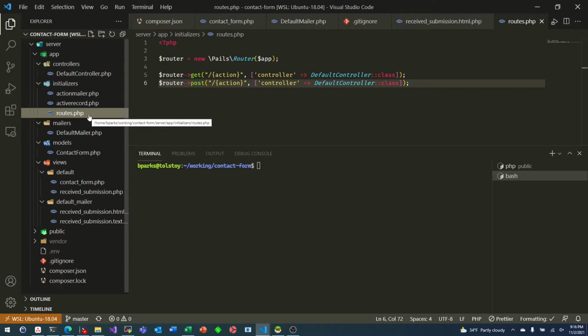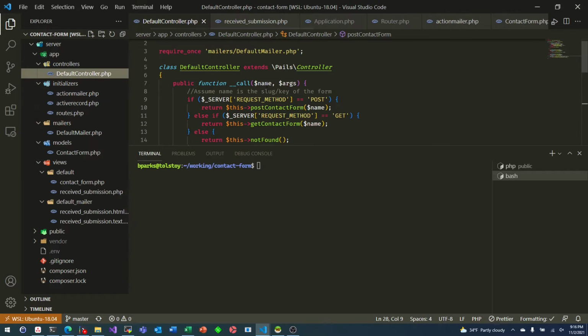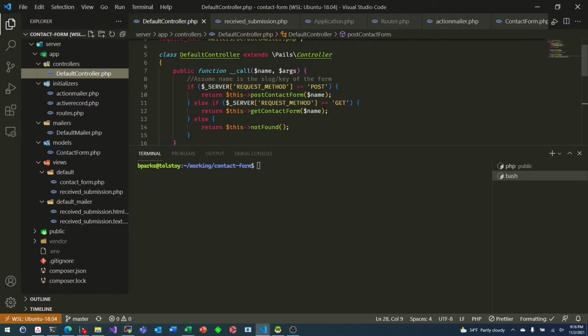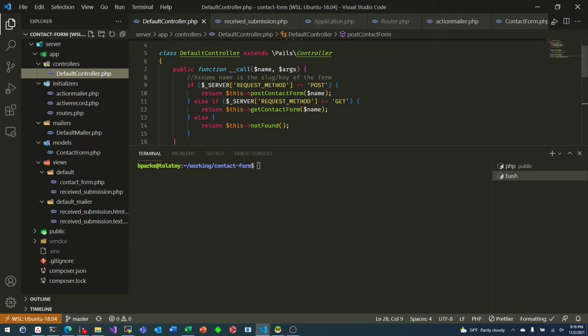So rather than one giant config file, one giant config/application.php, you have an initializer for each of the different steps in your application. So you can see here's my routes, get and post, and it's basically the action on default controller to run, which really, because of the magic of PHP, there is no action with any of those names. Everything goes through this call function, which checks to see if it's a get or a post. All other methods are invalid. And